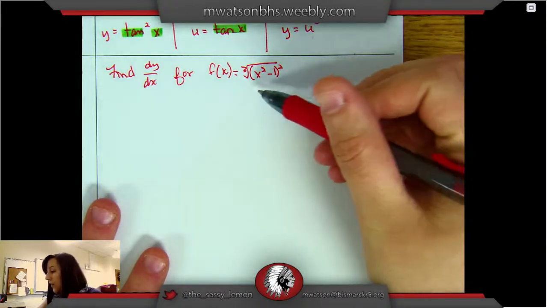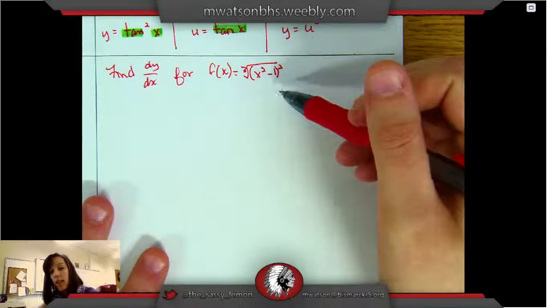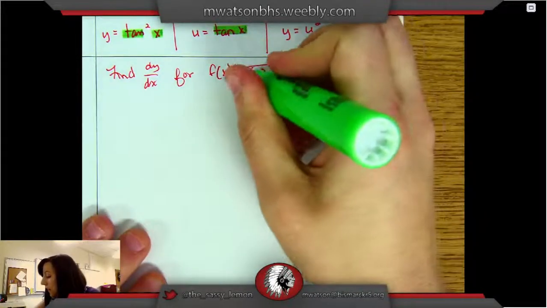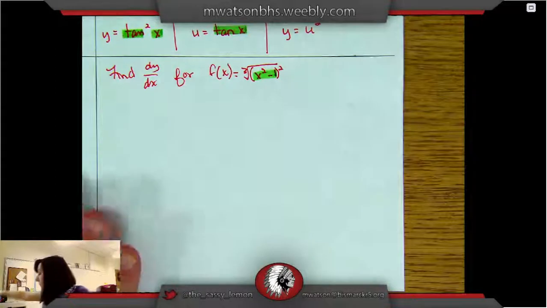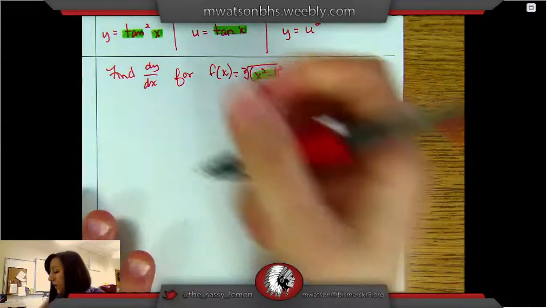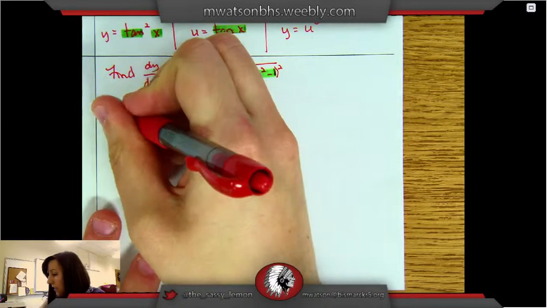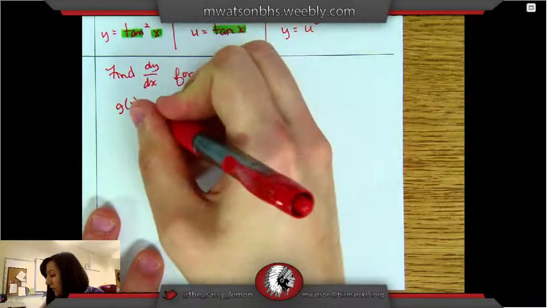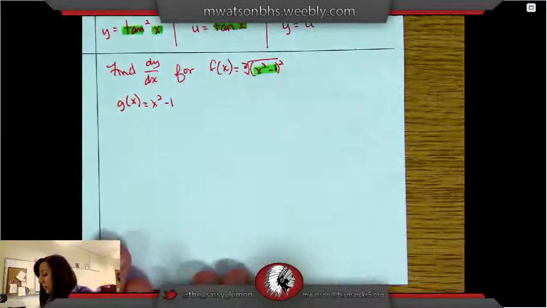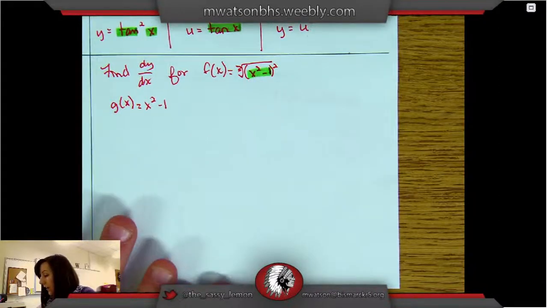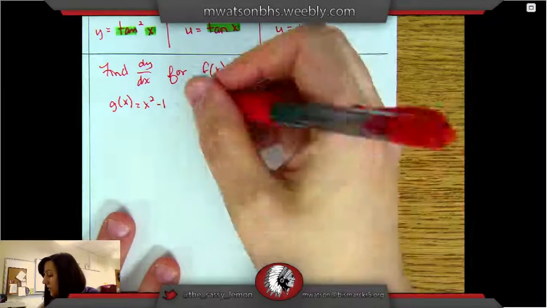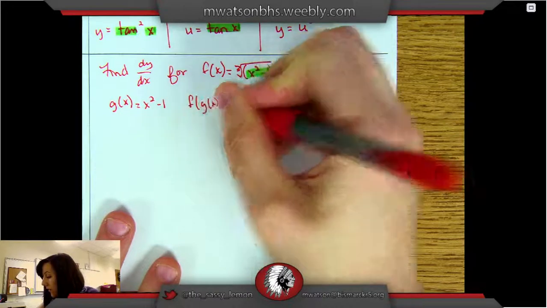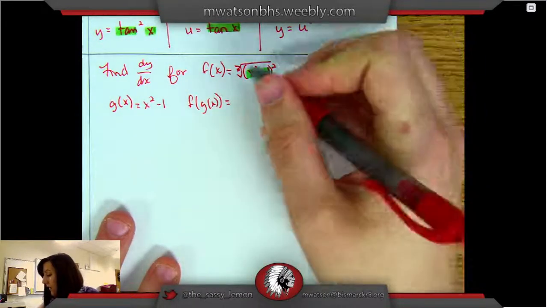So our innermost function is going to be our g of x. And hopefully you can see here that our innermost function is this x squared minus 1. So that's going to be our g of x, the x squared minus 1. And then our f of g of x is